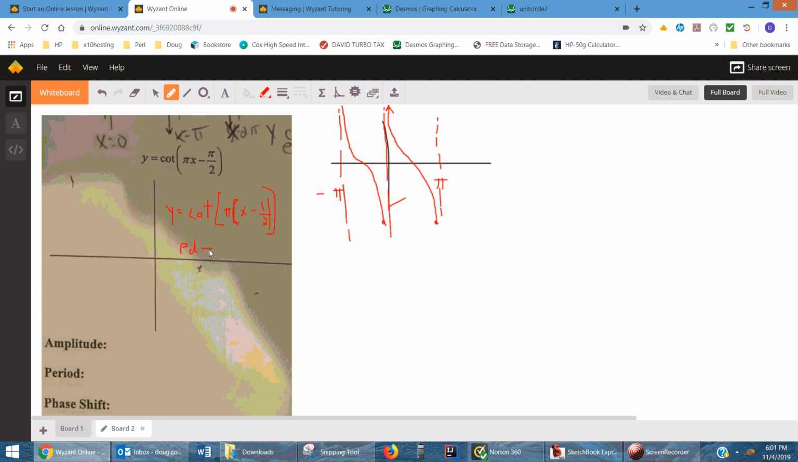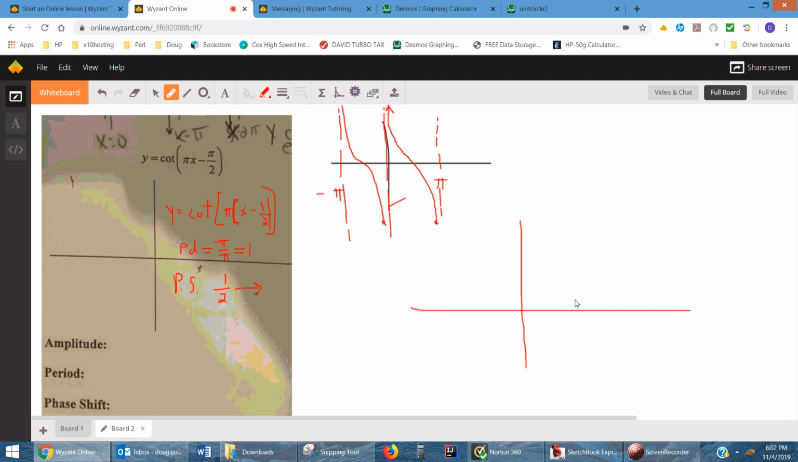So in this form, the period is pi over b, but b is pi. So the period is 1. And there's a phase shift of a half a radian to the right. So as I'm getting ready to sketch this,